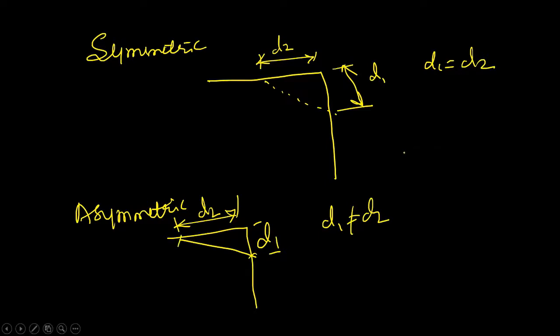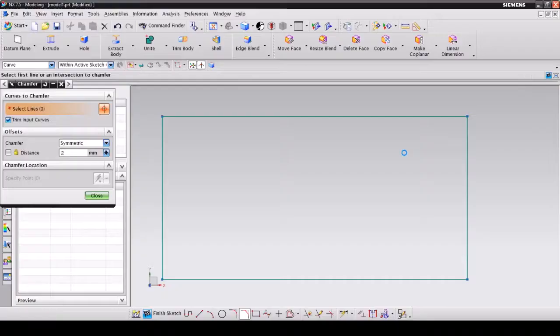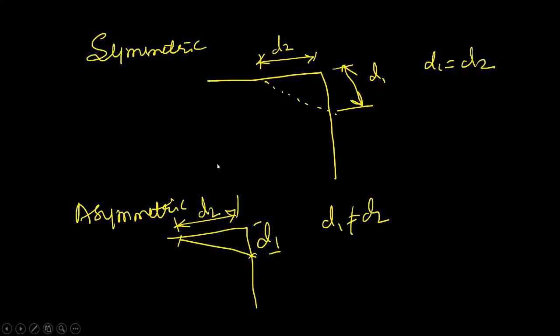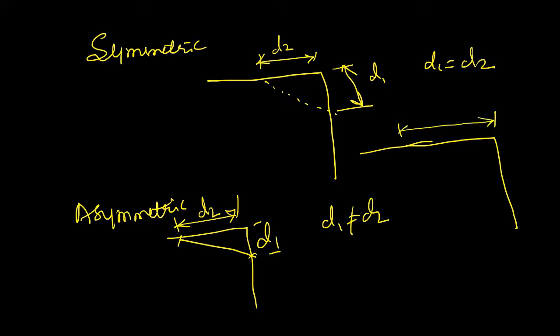Next one is angle here. Next one is offset and angle. Now with reference to the baseline, suppose we need to cross check that one, because we need to decide which one is going to be taken as the base. Now this is the offset distance. Then this is the angle. This is what theta is, the angle here. D1 is the offset distance.